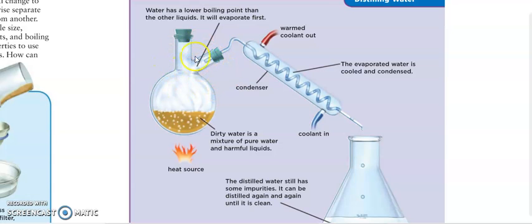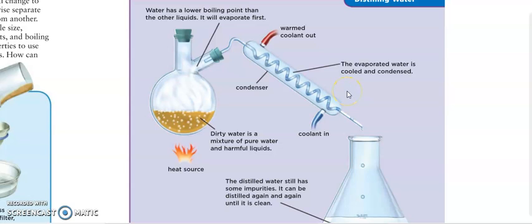When the water vapor passes through this instrument right here, which we call the condenser, we put a coolant here, and the warmed coolant goes out from here. So the evaporated water is cooled and condensed. The temperature of the water vapor decreased and becomes